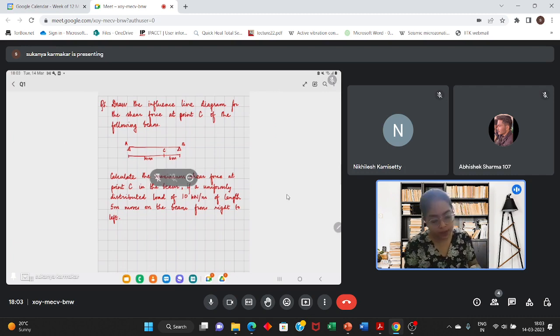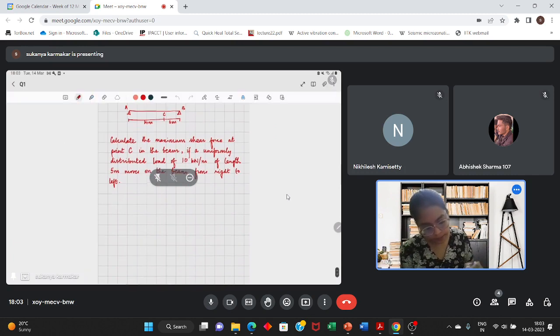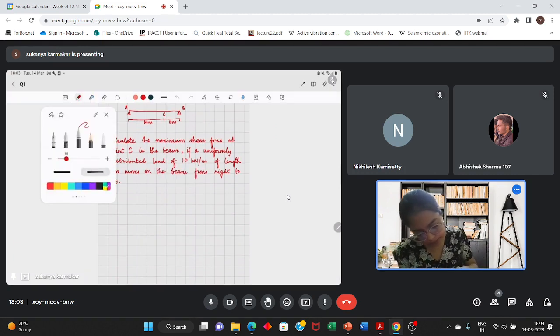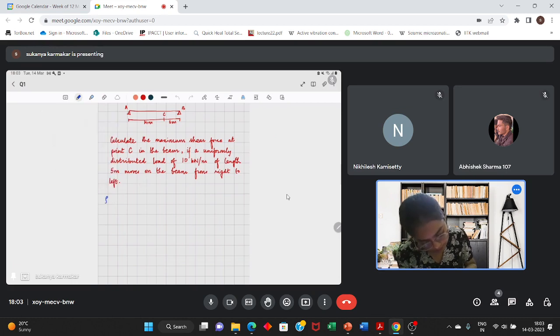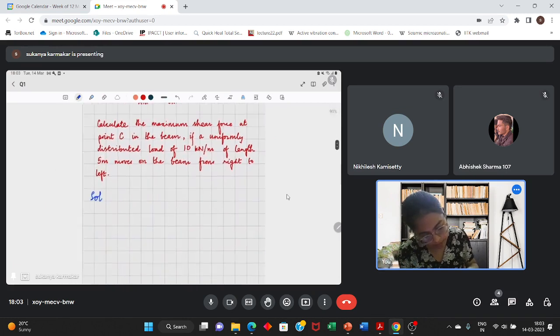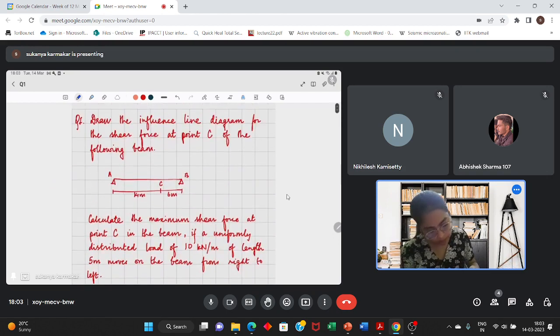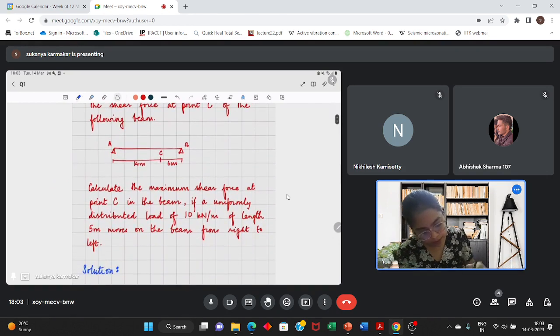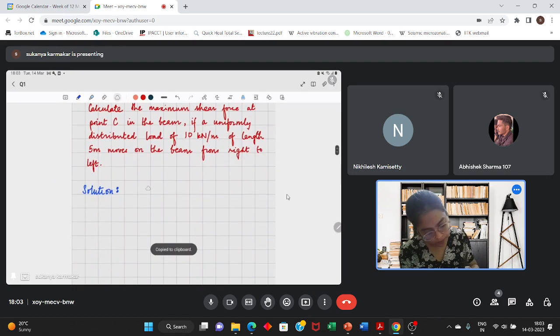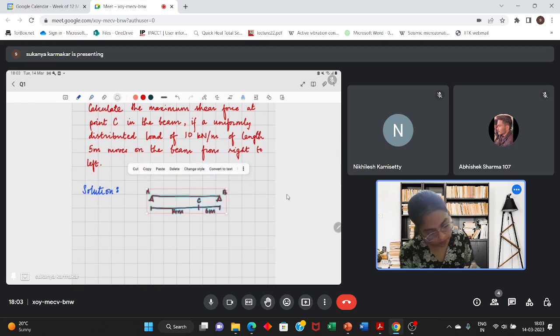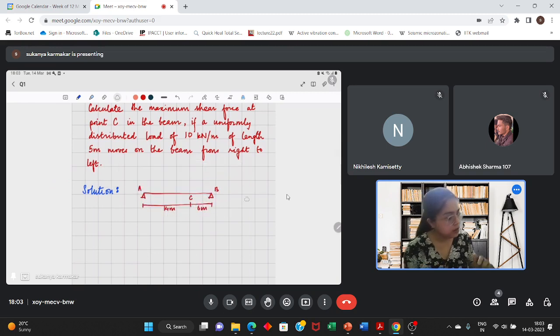So starting with the first method, this is the beam given. Fine. Now, to draw the ILD, first